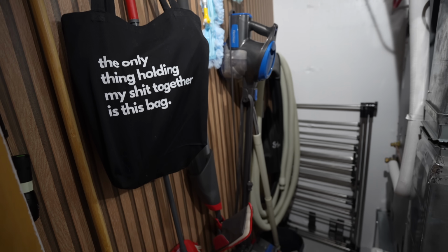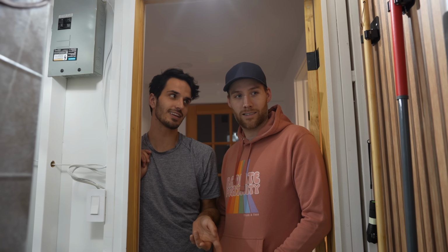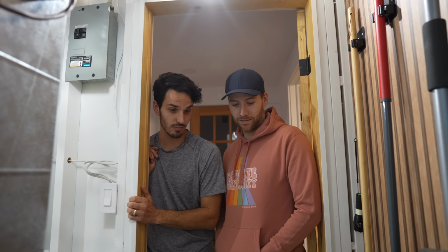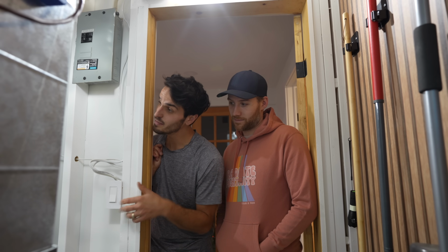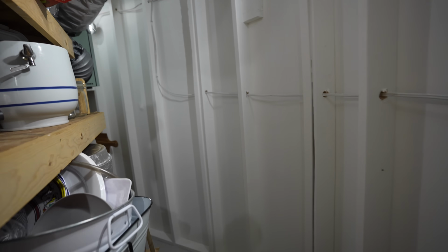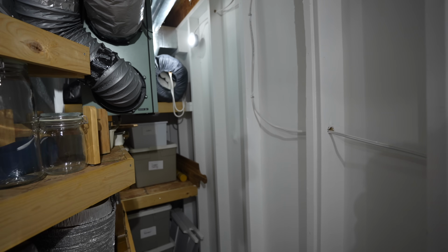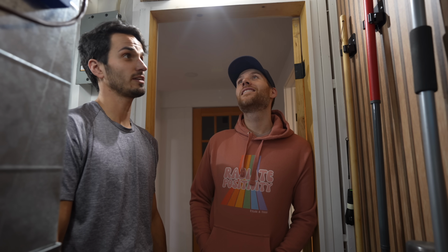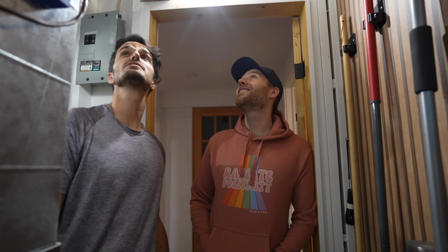So that's like a wallpaper. And then that's the vacuum hose holder. I spray painted it because I didn't like the color. And then this is old floor paint that was left here by the previous owners. And then I painted everything white. It's just bright, fresh. I was wrong about this. You know what? What? Never gets tired hearing that. No? No. I mean, I've heard it quite a few times because I'm always right, but...